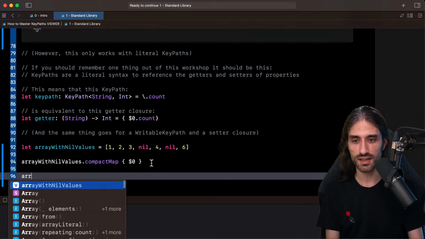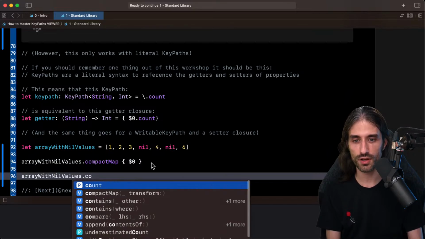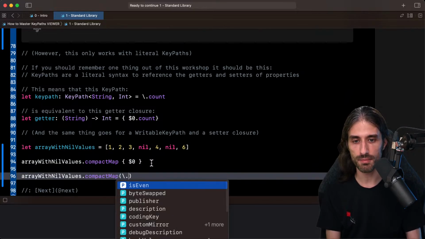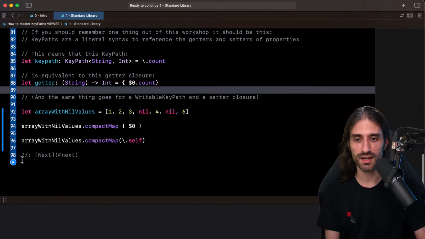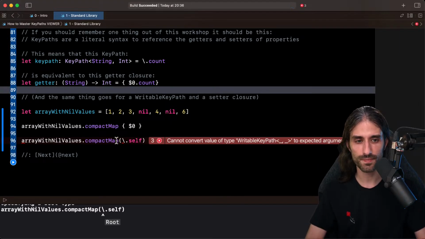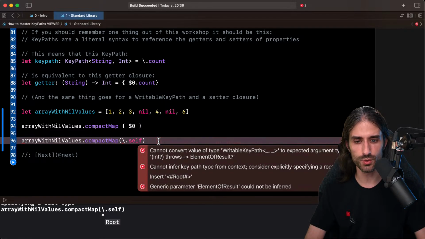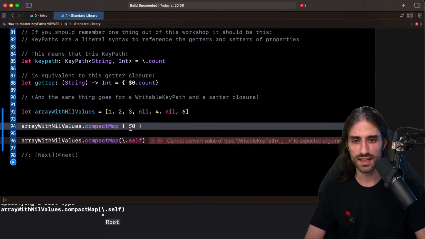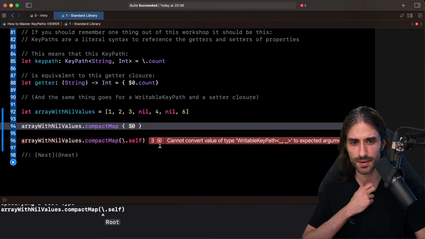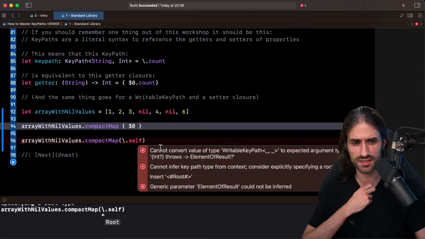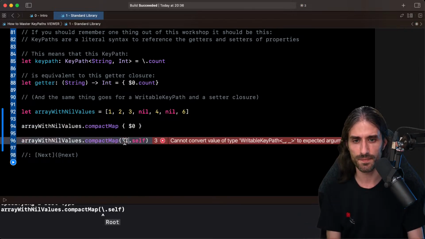So for instance, if you do array with nil values dot compact map \self, let's see, is this going to work? It doesn't work in that case, and there is a good reason why. So what does it say? It cannot infer, or maybe I need to say Int like that.